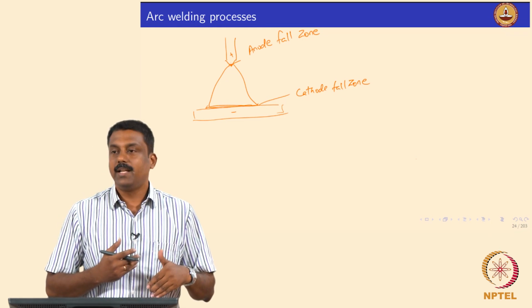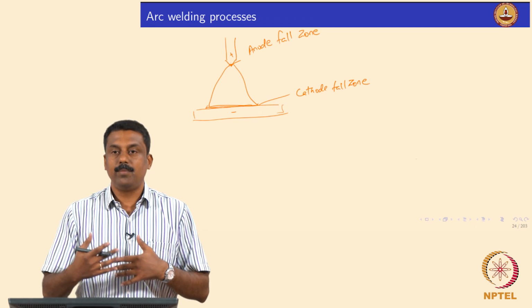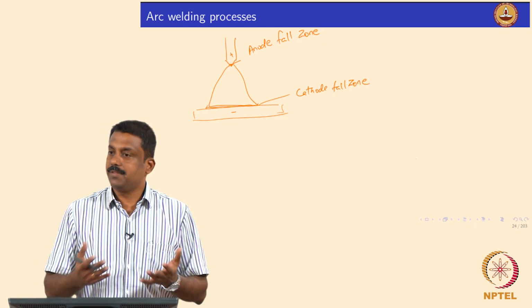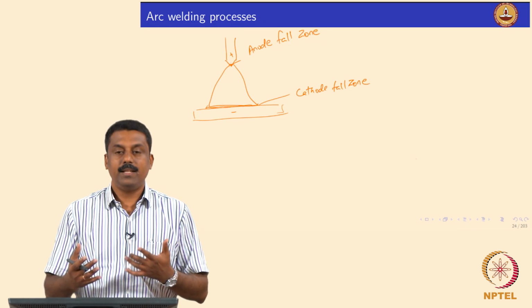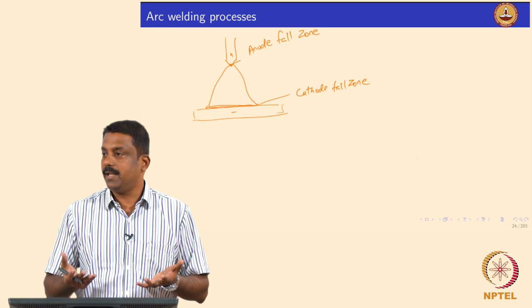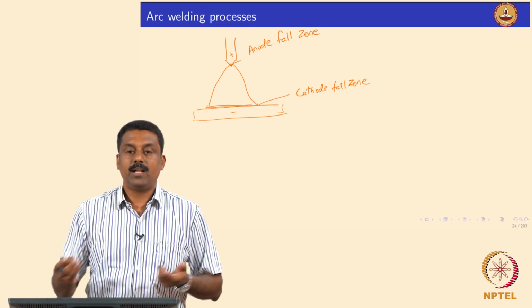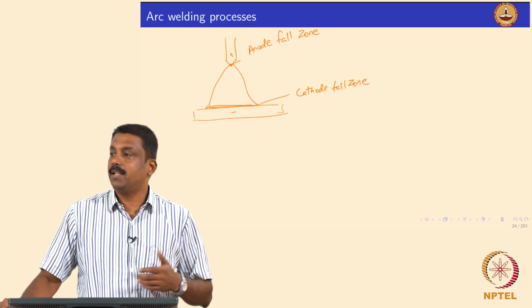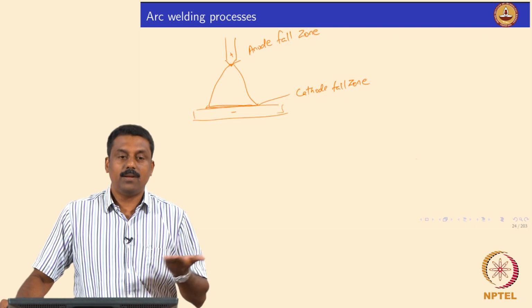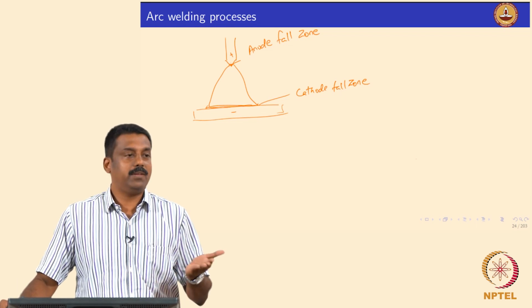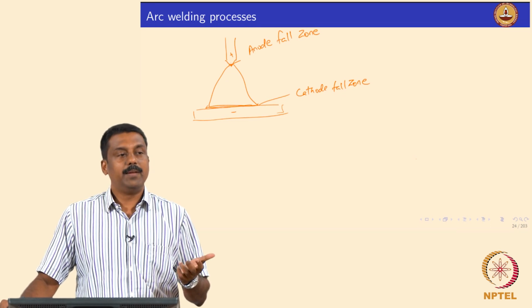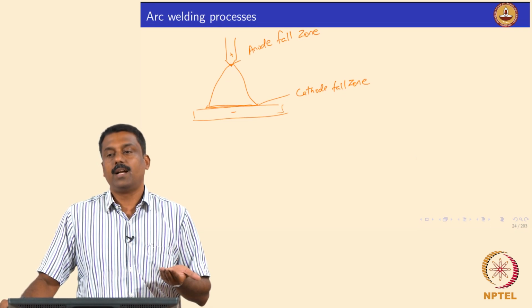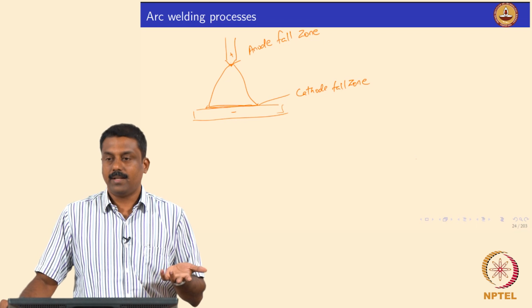Similarly, there is a voltage gradient in the cathode fall zone because of the accumulation of ions at the surface of the cathode, which we call the cathode fall zone. Again, in the cathode fall zone the gas ion temperatures are much higher than the electron temperature, because again there is not enough energy exchange between the electrons and ions. And because of that the gas temperature is always higher than the electron temperature, much higher, right?